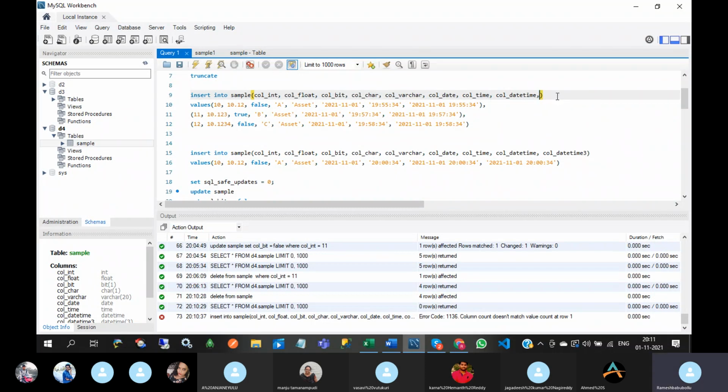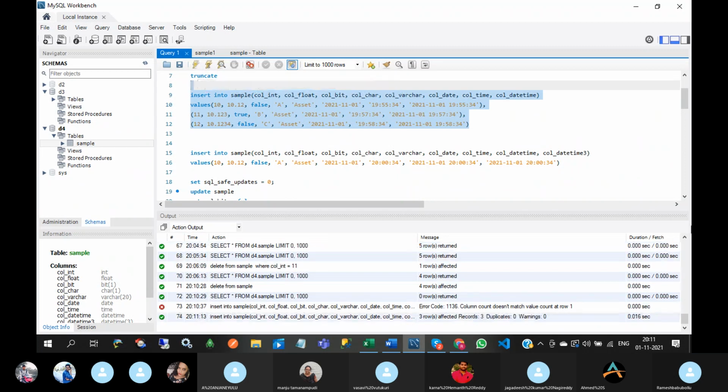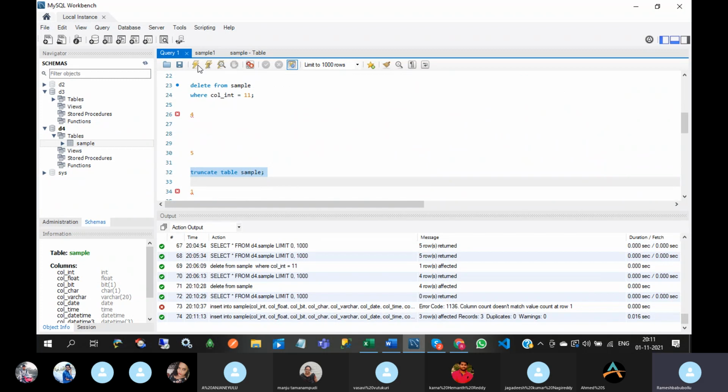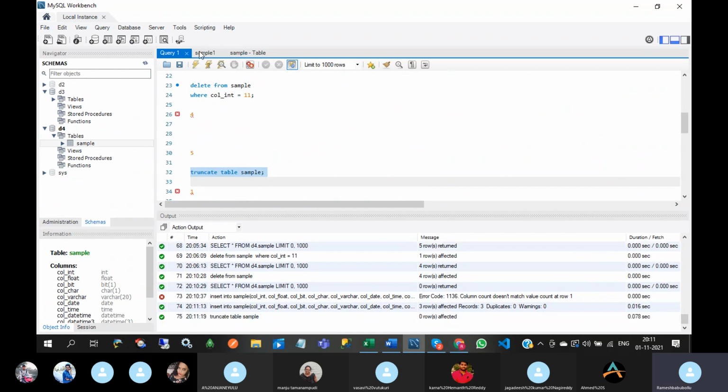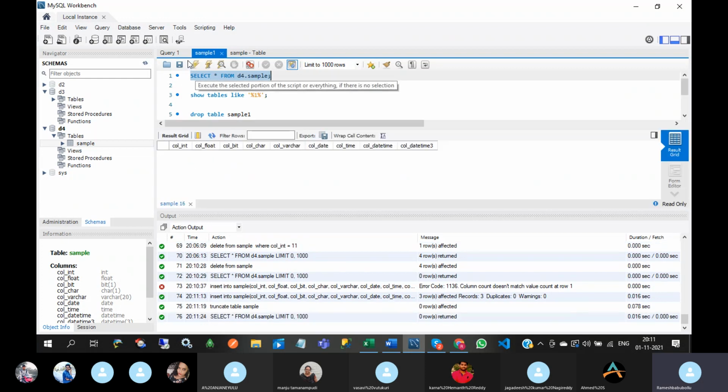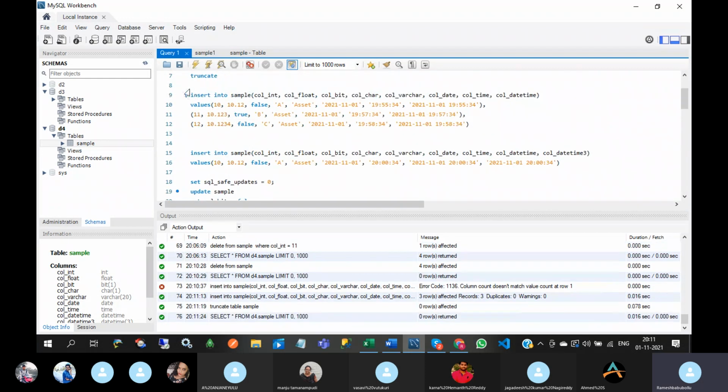Three rows affected. See this truncate command. Oh, sorry. After inserting the records, we didn't see the records.